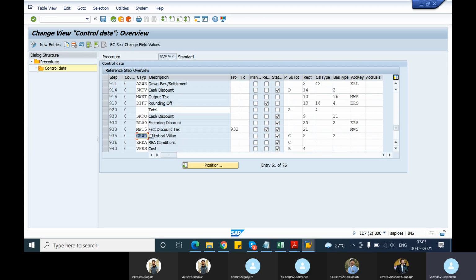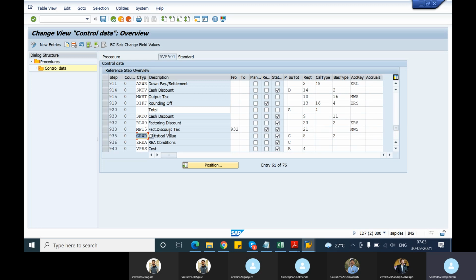So you can design your own pricing procedure on how you want your prices to get determined. First you will have the price. Then if you want to have discount, you can create a discount. Then you will create some freight condition. Then you will add some tax condition. And these conditions would get determined in the sales order only if you create the master record for these condition